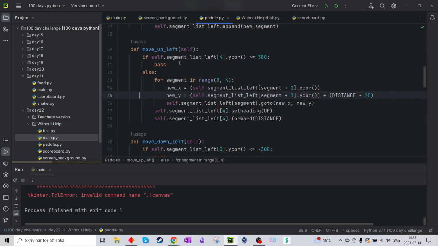No, wait. Move up, yeah, that should be right. So here every segment checks for the coordinates of the segment in front and goes to those coordinates. Nothing weirder than that. And I actually have this distance minus 20 too,